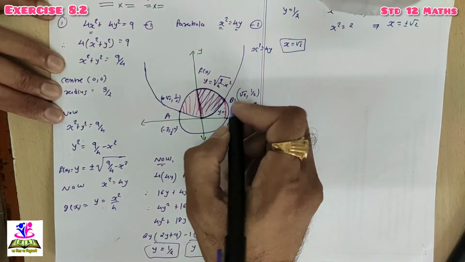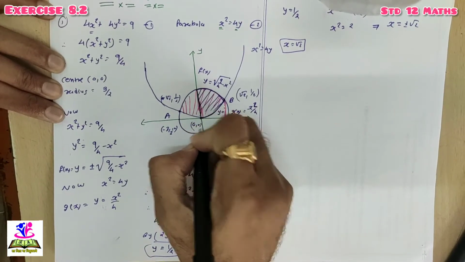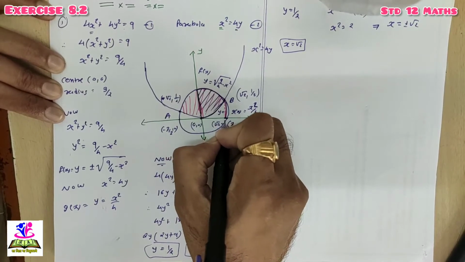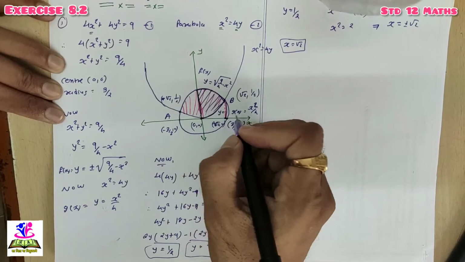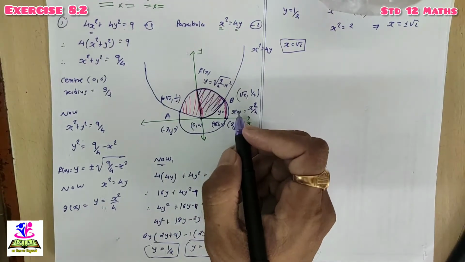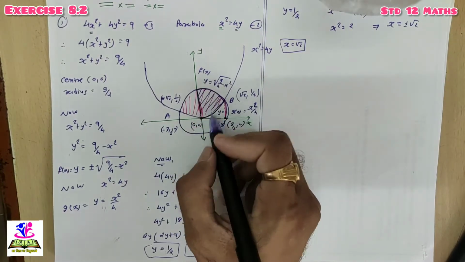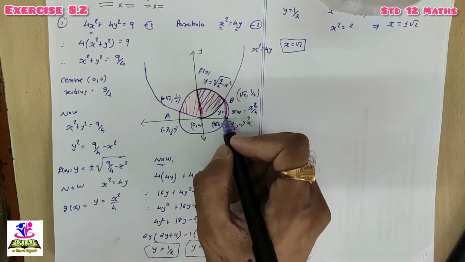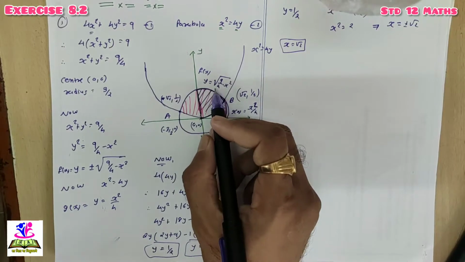So now here this is the origin, so it's 0, 0, and the coordinates of this point are root 2, 0. If we draw a perpendicular, the point we get has coordinates root 2, 0. So this is root 2. So now we are getting the range of our integration, that is from 0 to root 2. You have to integrate this curve from x equal to 0 to x equal to root 2 and find the area of the region which is common between these two curves.